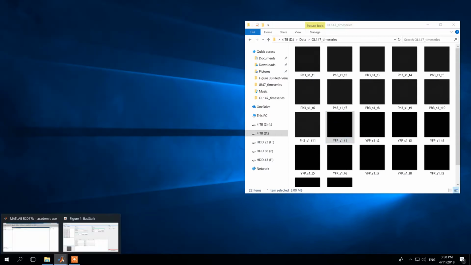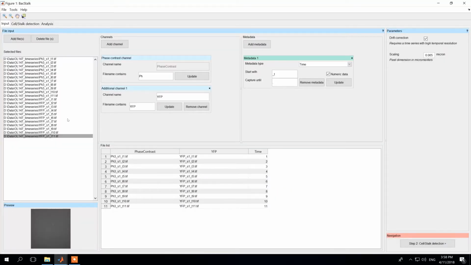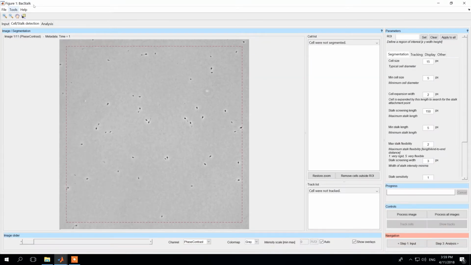So then we're opening BacStalk. We already imported the files. If you want details on this, please have a look at the first tutorial about importing images and assigning metadata. So in this case, we immediately go through cell stalk detection, which shows us then the second panel of the